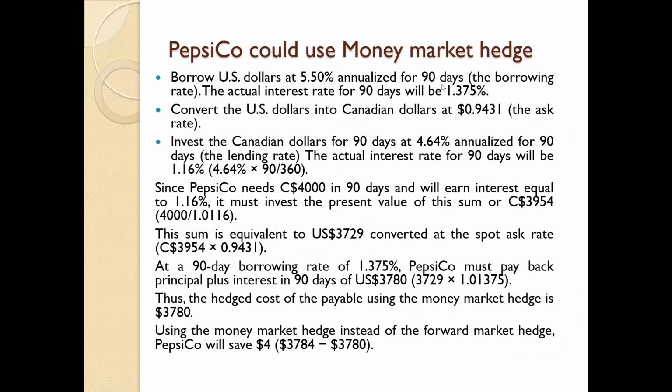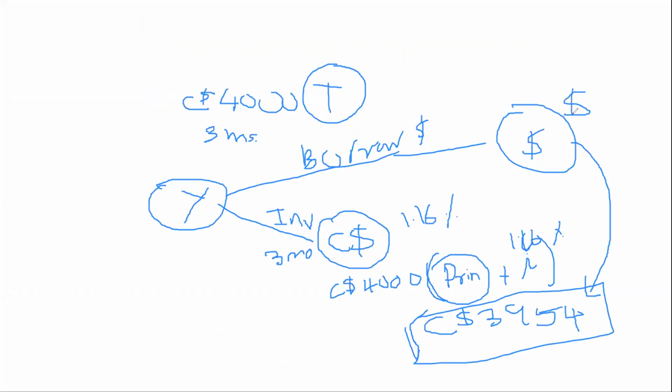3,729. Okay, it has US dollar 3,729. So ultimately what we are doing is, in order to set off your Canadian dollar 4,000 transaction, first you are borrowing US dollar 3,729 at the rate of, I'm not sure, 1.6 or something, 1.235. My rules, it's completely vanished. Sorry for that mistake.